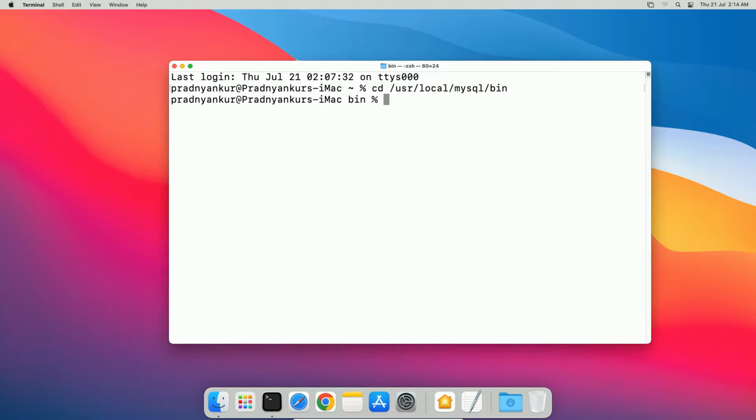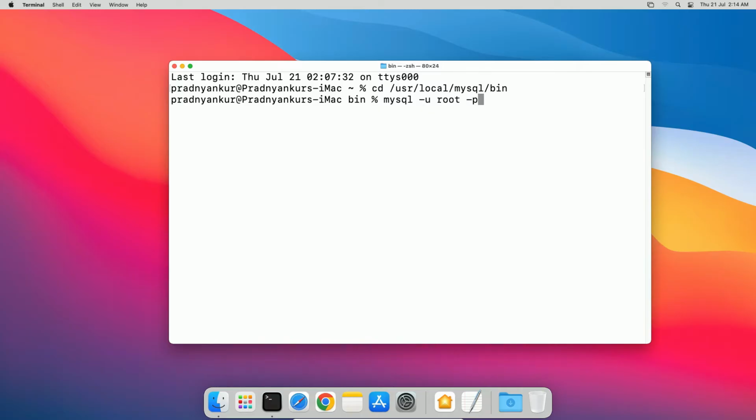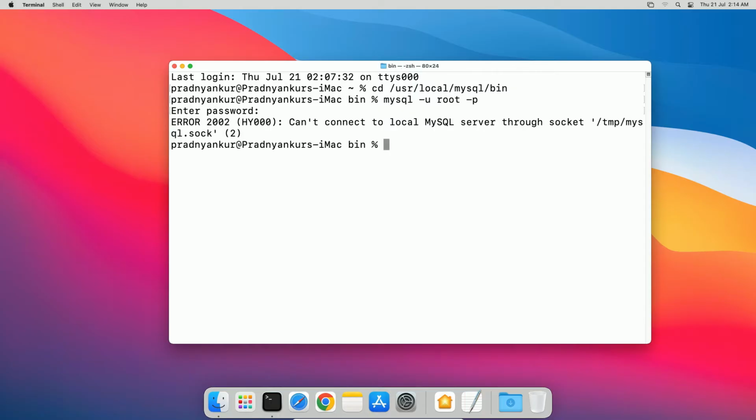And on this bin folder, if I type the mysql connect command like mysql -u root -p, press enter, enter the root user password, and I get this error, which is